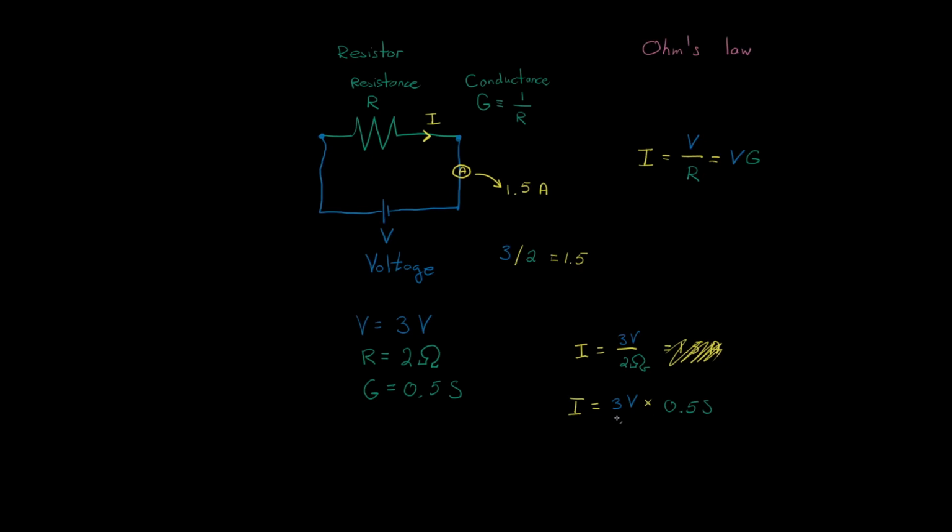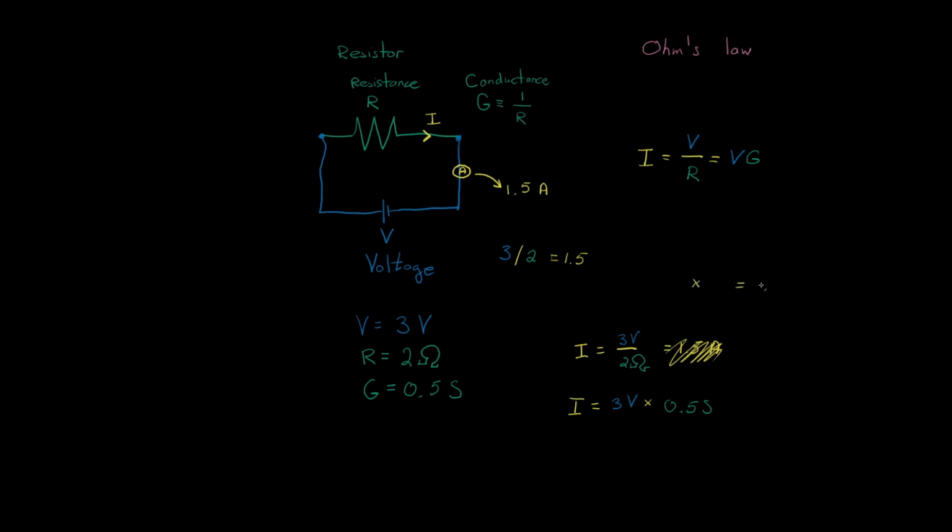Let's say I don't know how to multiply 3 and 0.5. Well, what I could do is pick a resistor whose conductance is equal to 0.5 and pick a battery that has a voltage of 3 volts. And this would give me the current of 1.5 amps,